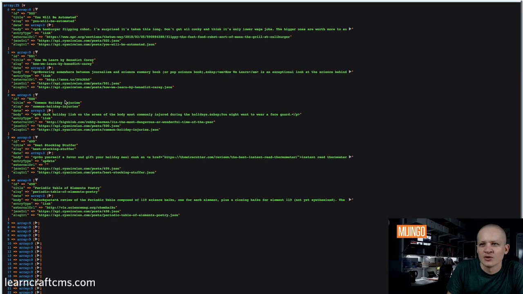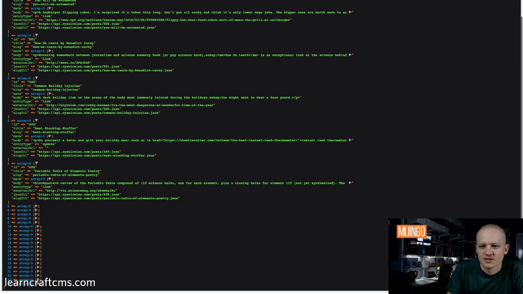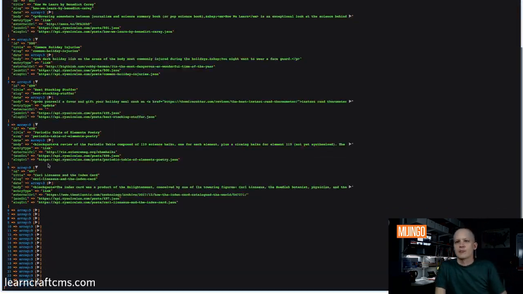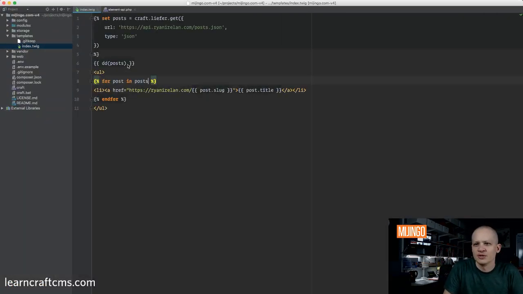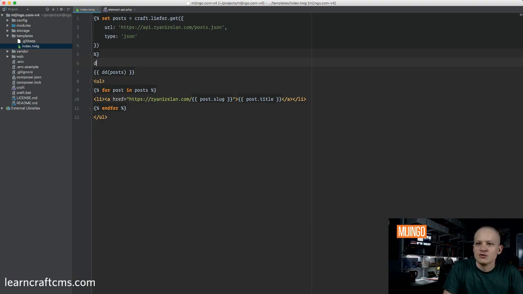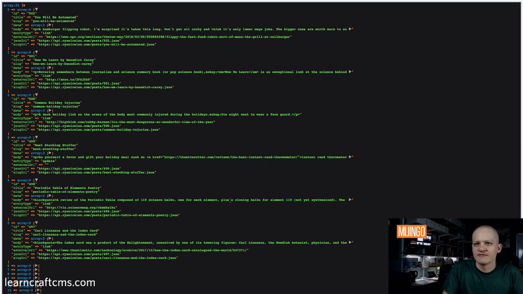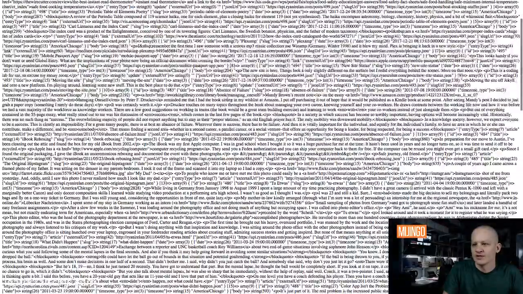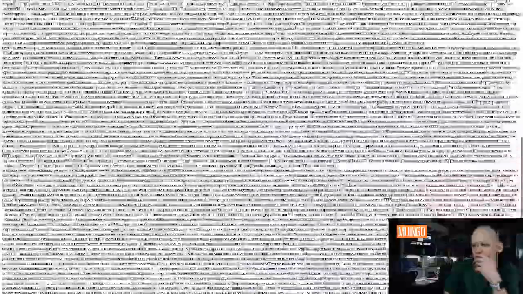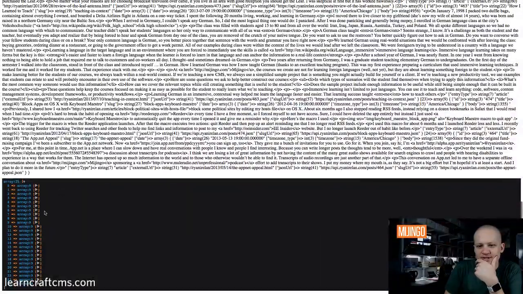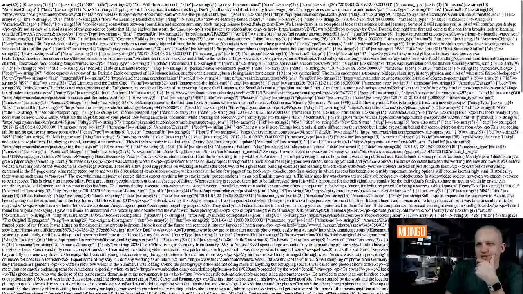Makes it really easy to read, way better than the default output. So the default would be if you do, well, it's not going to work here. If you do dump posts like that, this is the default Twig dumping tool. And this actually will also only work if you're in dev mode, but I am. Now you can see, I mean, it's usable. It's also dumping out a whole bunch of stuff, but I can certainly figure out what